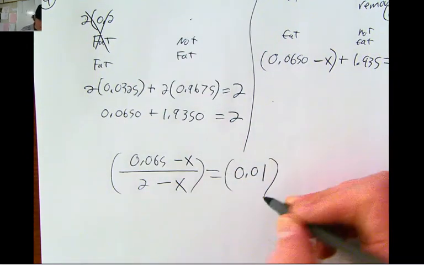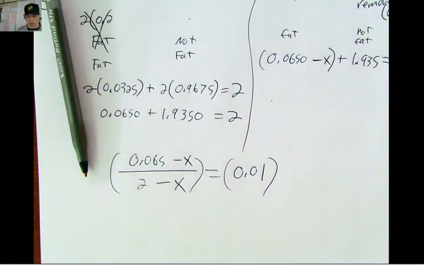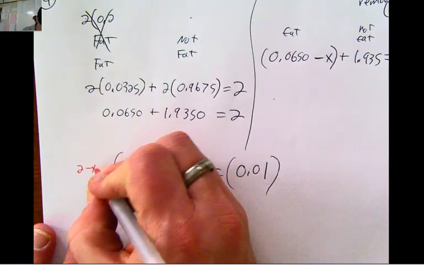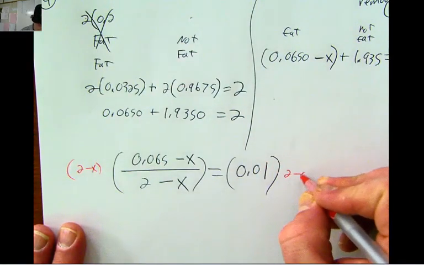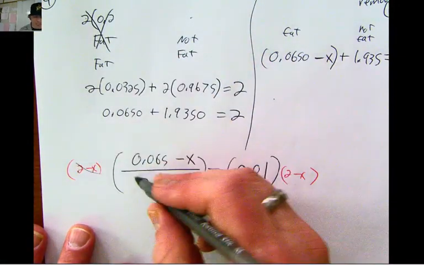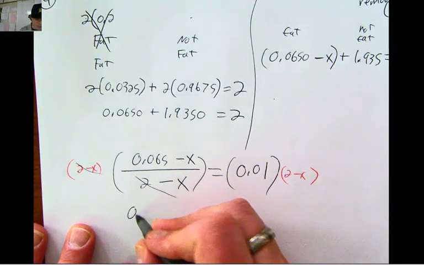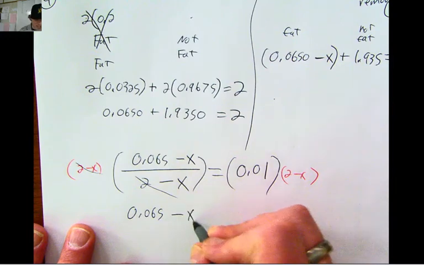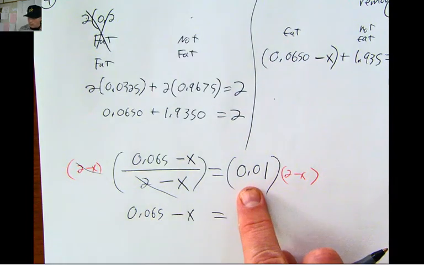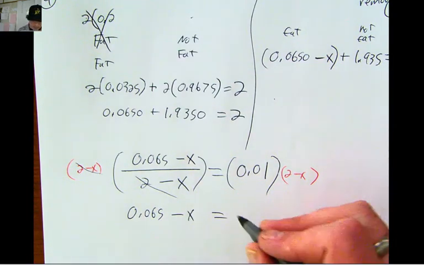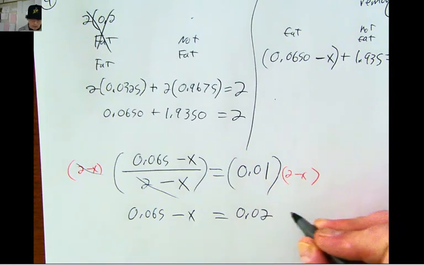First, get rid of the fractions by multiplying both sides by your denominator, 2 minus x. On the left side, the 2 minus x's cancel out, and you're left with 0.065 minus x. On this side, 0.01 times 2, that's a doubler, 0.02 minus